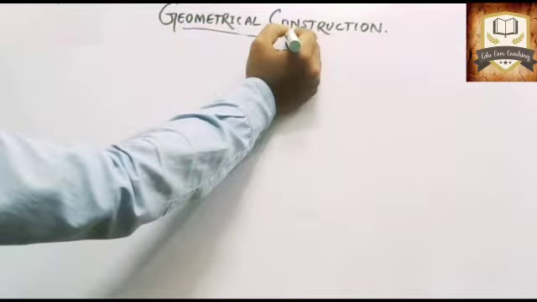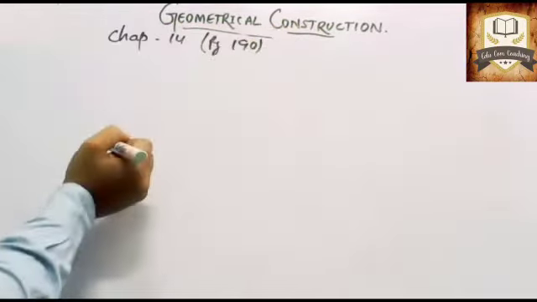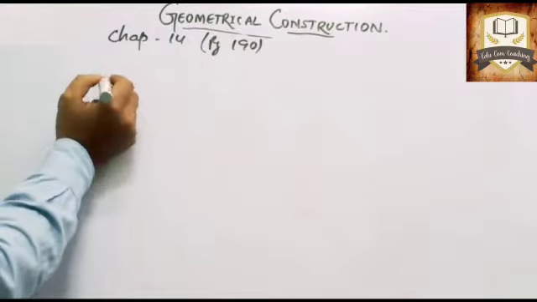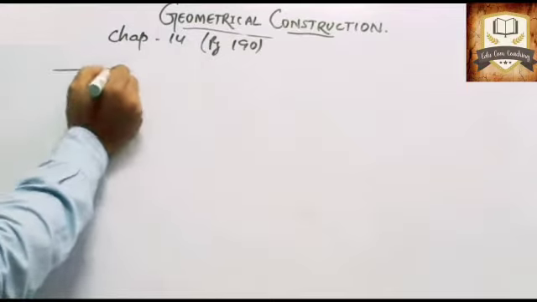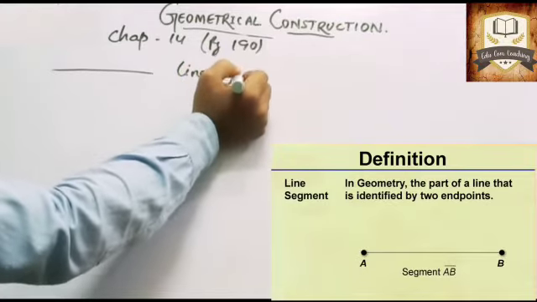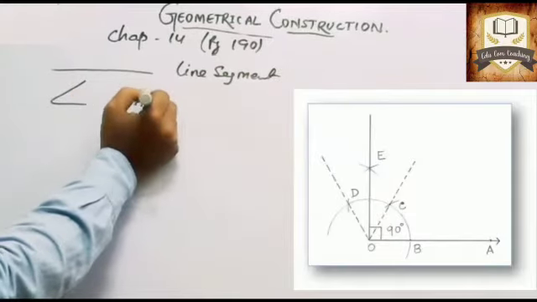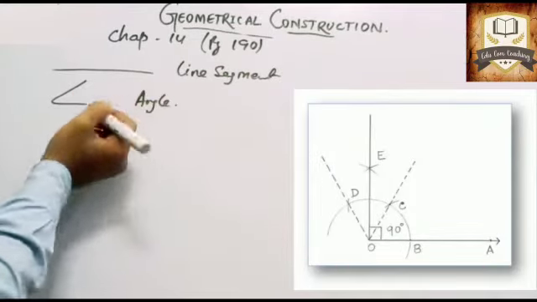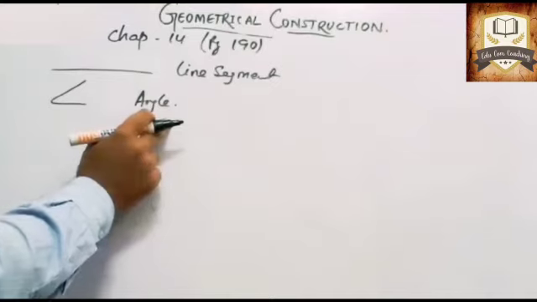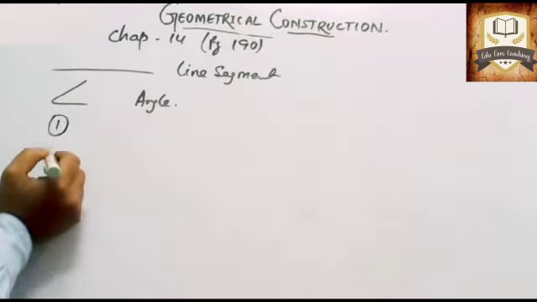Start a new chapter, that is geometrical construction. Before starting this chapter, what we will understand in this chapter is how to draw a line segment. You will understand line segment, any angle, how to draw an angle. But before doing all this, we have to understand some basic geometrical instruments